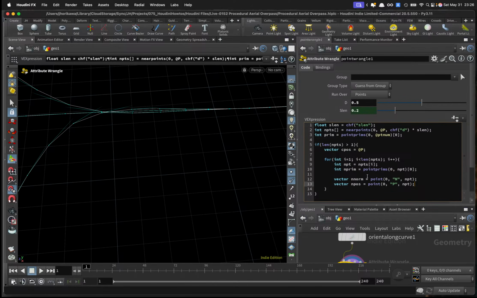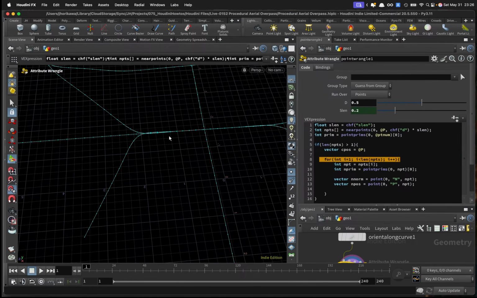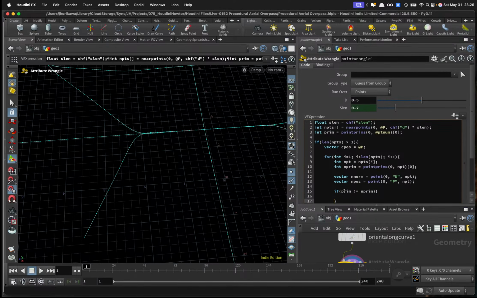Okay. Now first things first, additional information. If the current point and the new point found belong to the same curve, same primitive, I want to skip it. If it belongs to the same road, I don't really want to fuse it, so let's skip that. So if prim is not equal to the near point primitive,